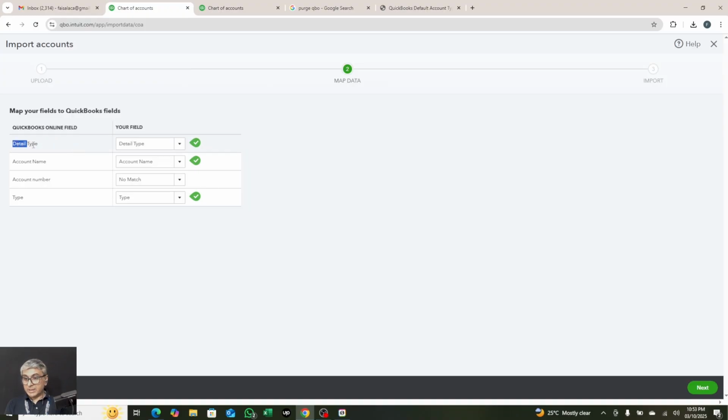So let's see, detail type is already mapped to the detail type. Say for instance, if this is not mapped to the correct column, then you can drop down and select whatever the correct option is. But over here all fields are correctly mapped. Account name is mapped to the account name. Account number, we had not given any account numbers, so we do not want it to be matched. Type is equal to type. It's okay, our data mapping is complete. Then go to the next,